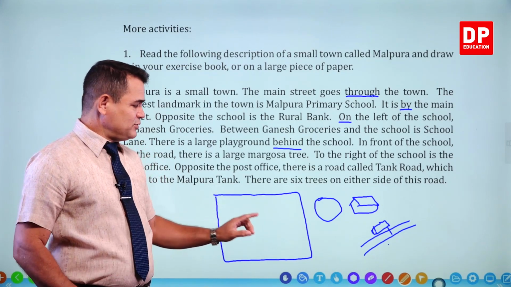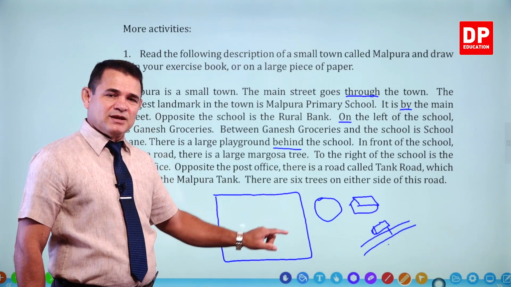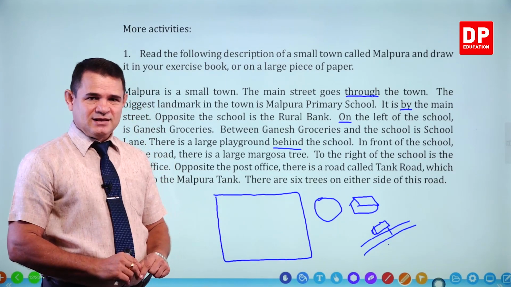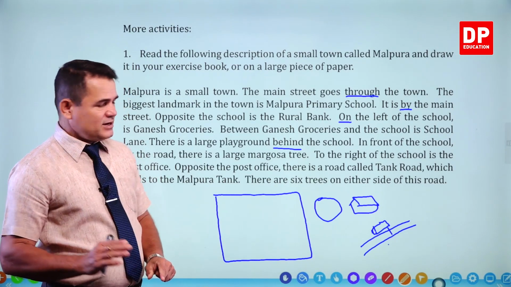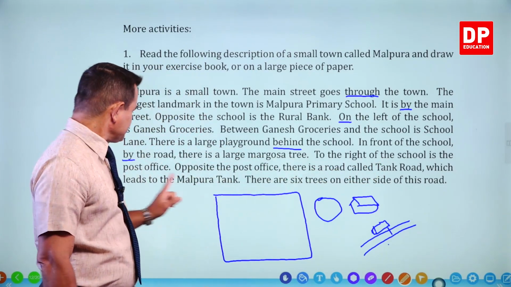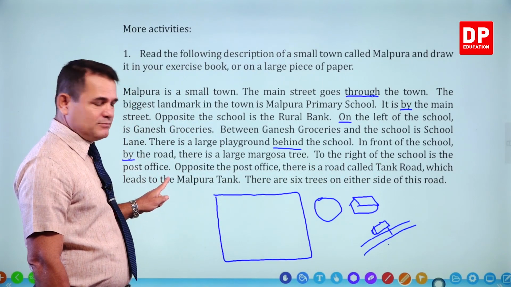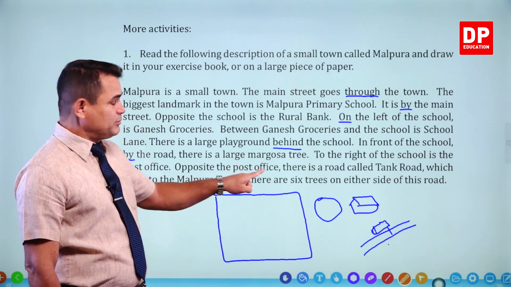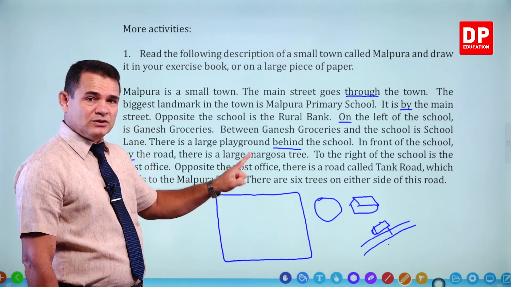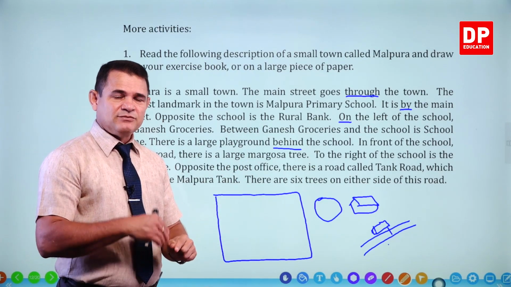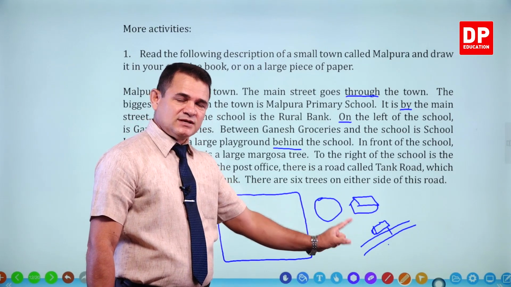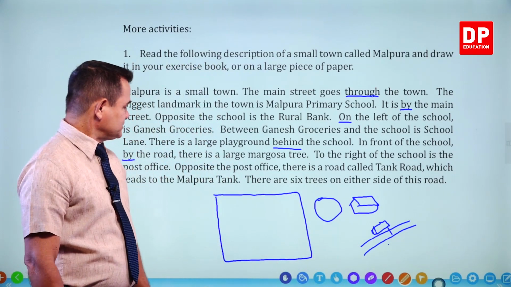So I am telling now you have to place those things in the right place. නම් පින්තූරේ හරියට නිවැරදි තැන ඒ දේවල් අඳින්න ඕනේ. Right of the school, right? පාසලෙන් දකුණු පැත්තේ is the post office. Post office එක තියෙනවා. Opposite the post office. Opposite අපි කලිනුත් ඉගෙන ගත්තා. විරුද්ධ පැත්තේ. Post office එකට විරුද්ධ පැත්තේ. ඒ කියන්නේ පාර තියෙනවා එක පැත්තක post office එක අනිත් පැත්තේ කියන්නේ opposite.